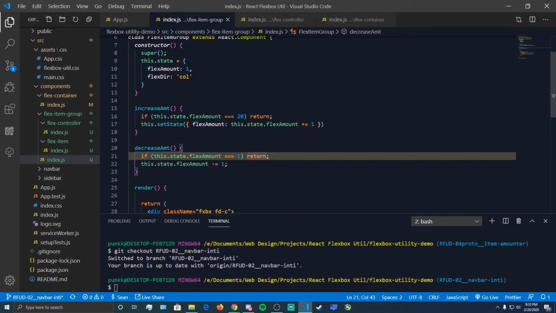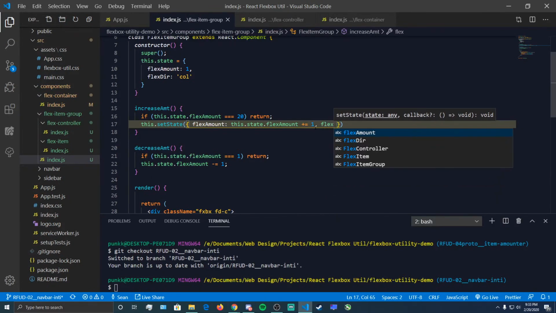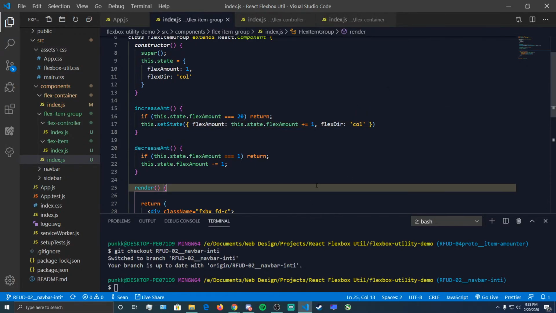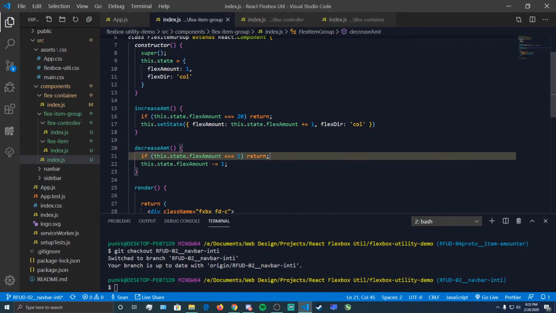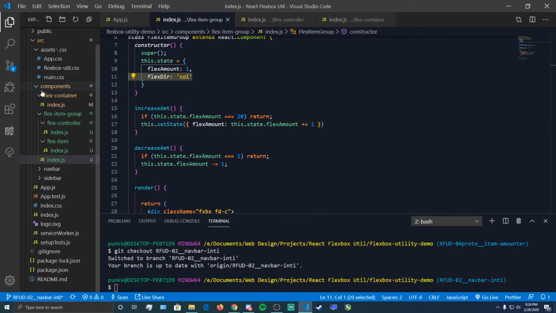But if we didn't include flex dir inside of our setState, then that property would essentially be erased. So we always have to keep that in mind, because it can